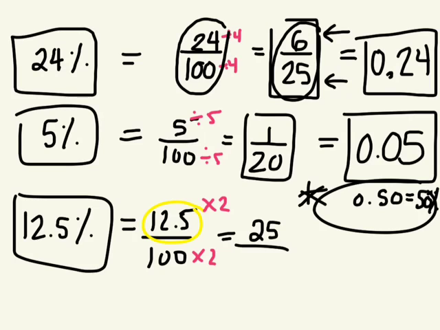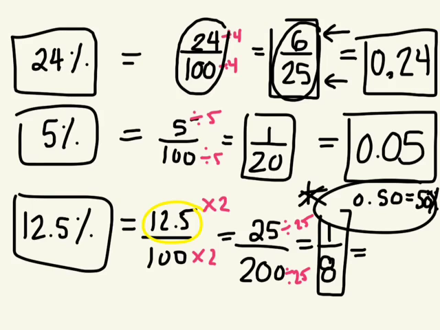Is that a whole number? Yes. What's 100 times 2? Okay, so we just found an equivalent fraction with a whole number. Now, can we reduce this into lowest terms? 25 out of 200 is equal to what in lowest terms? 1 over 8, and we divided by 25. Excellent. And to find it as a decimal, 1 divided by 8,